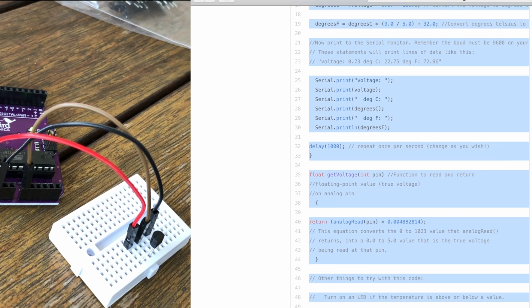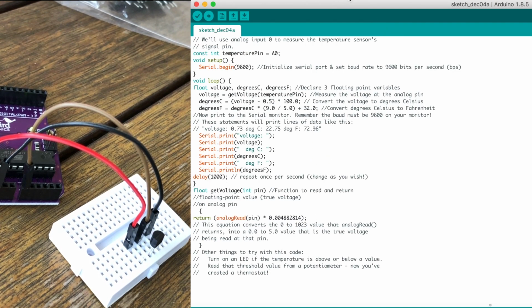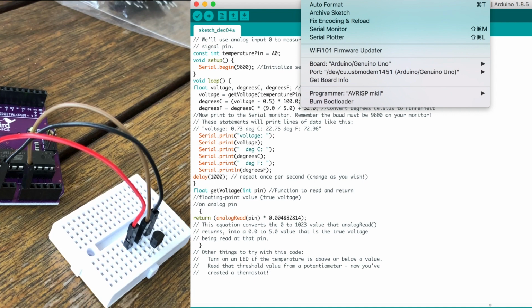So it just says this equation converts the 0 to 1023 value, which was 0.0 to 5.0 value, that is the true voltage being read at the pin. So of course the serial monitor is going to give us the reading. That's what we learned in yesterday's lesson. So if we go into serial monitor,